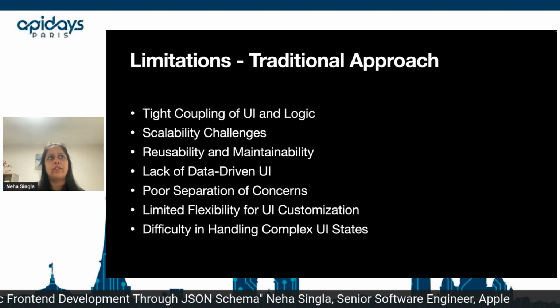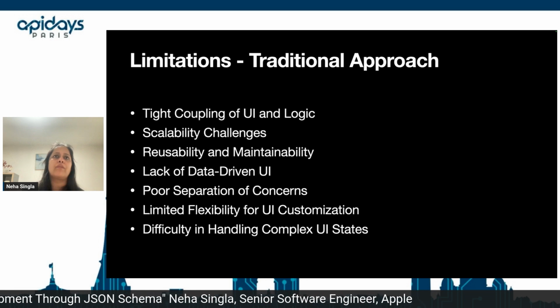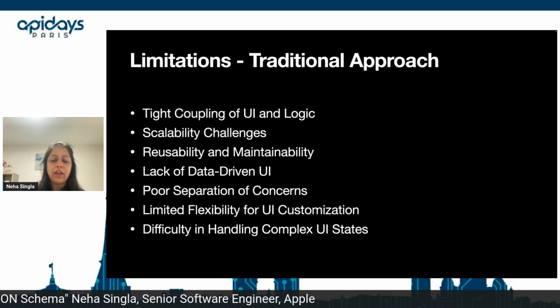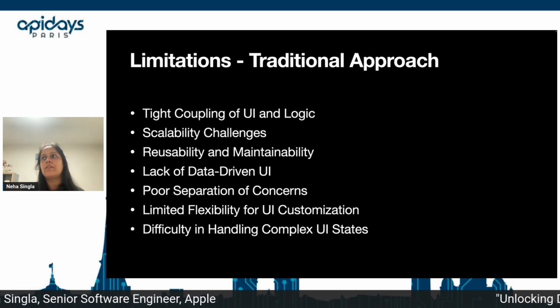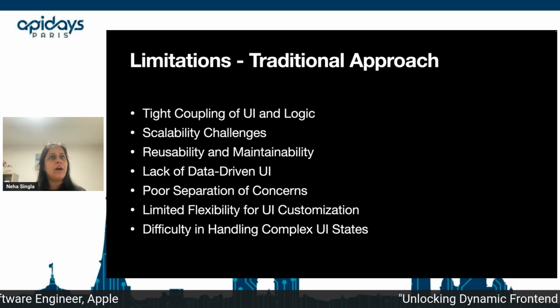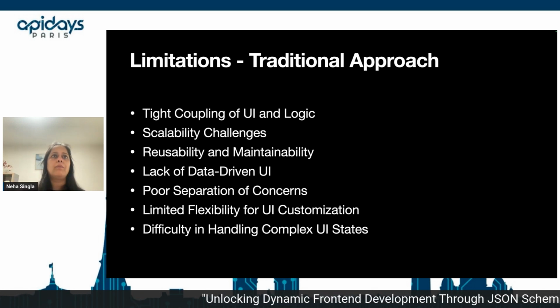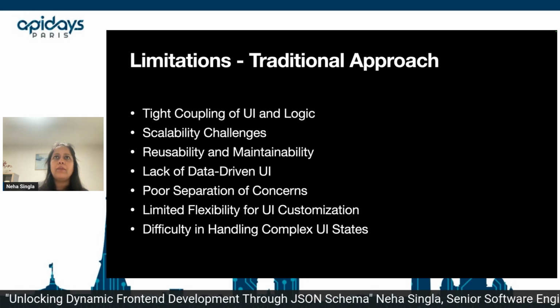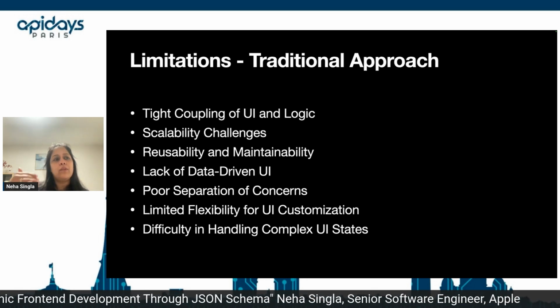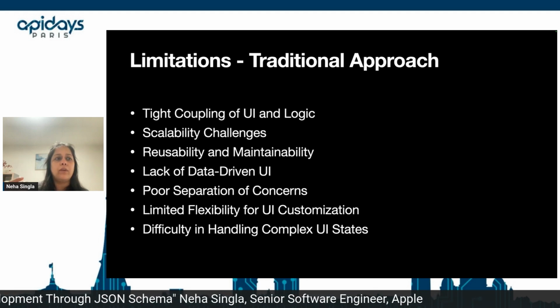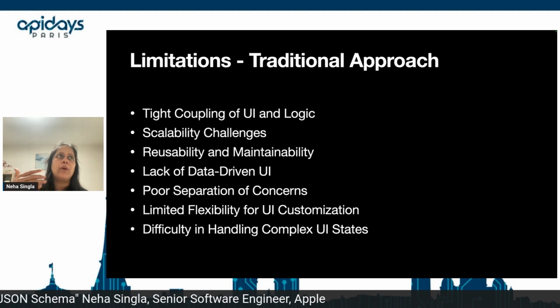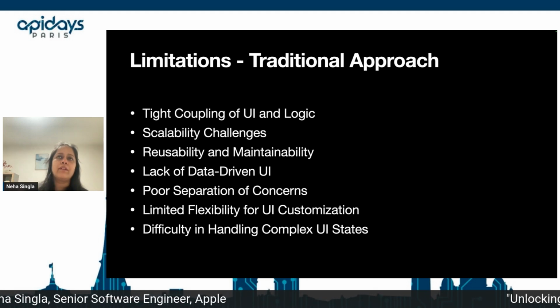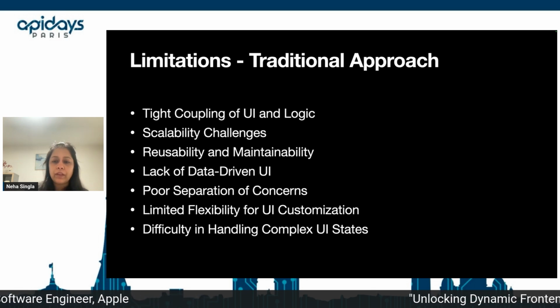And as we know, there's a tight coupling, there's a poor separation of concern between these two logics, and less flexibility, because every time a change is made on backend, the UI needs to be changed, and vice versa. So it makes things very slow and less flexible. And then once you have a lot of UI states, different and complex states, it becomes more and more complex to handle all that business logic at the UI layer. So